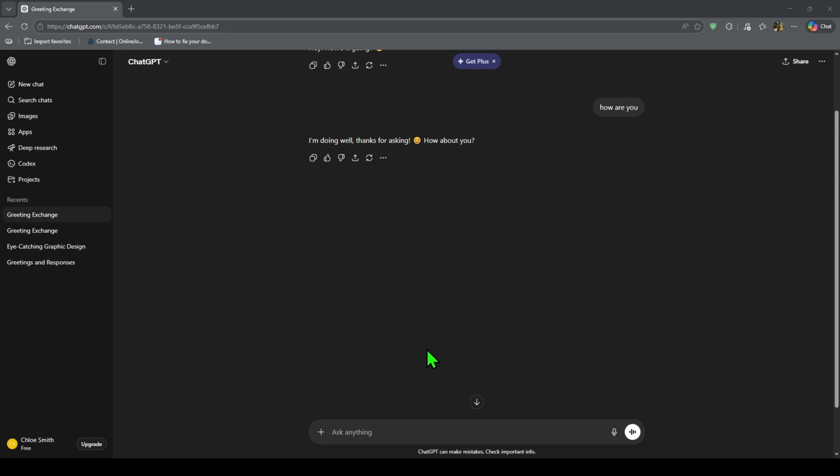OpenAI also says free users can access some extra ChatGPT features with limits, including GPTs and certain advanced tools, depending on capacity and usage caps. That means the free version is still useful for writing, brainstorming, answering questions, and many everyday tasks, even without a paid subscription. If you want more messages, more consistent access, or higher usage limits, then you'd look at a paid